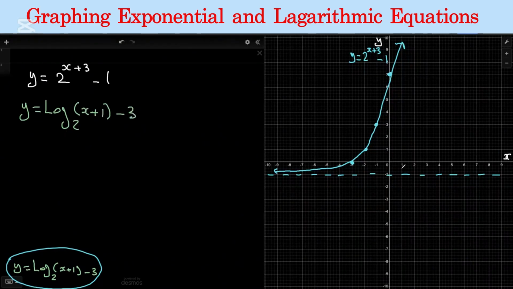So I'm going to graph the parent graph first. And the parent graph for the log looks like this. You go through (1, 0), (2, 1), (4, 2), and (8, 3). And the y-axis is the asymptote. So this would look